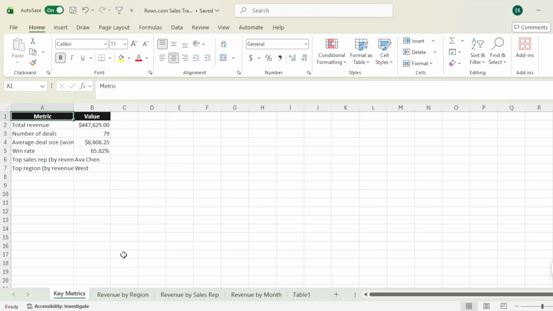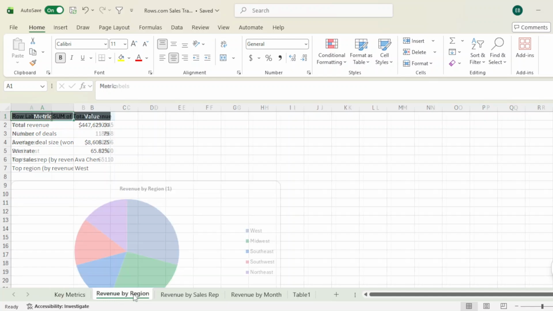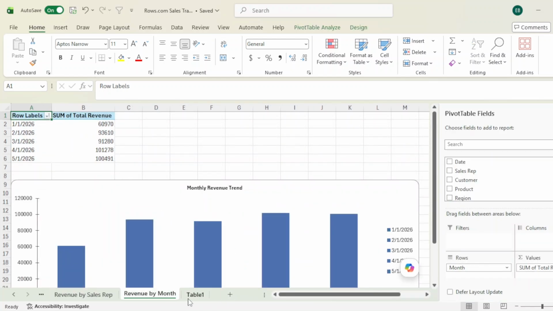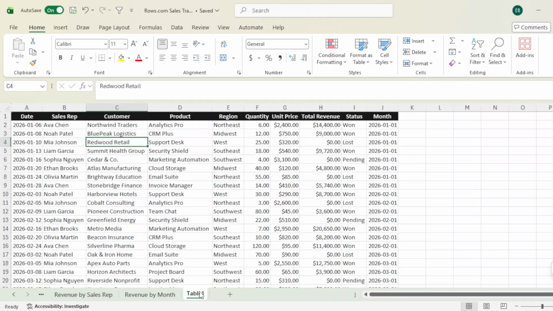And once I have this downloaded in Excel, this is what it looks like. I have my key metrics page, I have my revenue by region, I have my revenue by sales rep, I have my revenue by month, and then finally, I have my data right here. However, with a spreadsheet like Excel, this becomes stagnant the moment that you stop uploading the data. So let's upload this into Quadratic so we can keep the workflow active and make sure the data is up